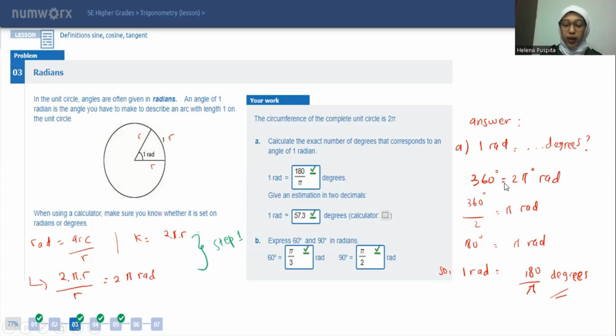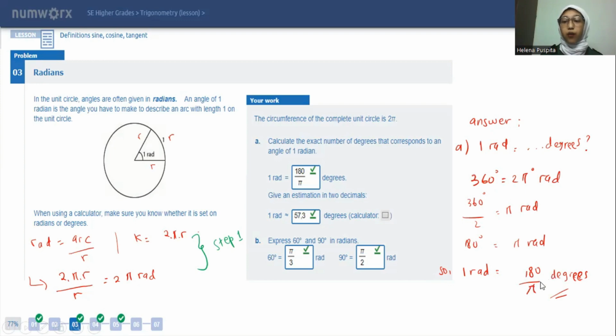Then we divide each side by 2. This becomes 180 degrees equals π radians. So the solution is 1 radian equals